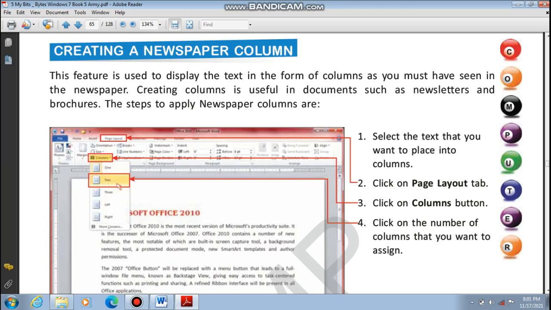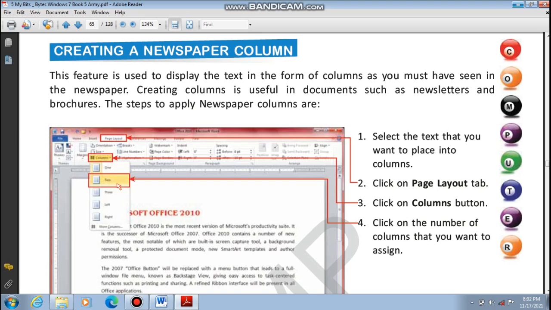Okay. So suppose you want to print a brochure about your new shop, आप किसी अपनी new shop के लिए new brochure या newspaper में ad देना चाहते हो, but you wanted it in your own way. So instead of going to a cafe or a cafeteria to get a brochure or a newspaper layout in your desired form, you can create it yourself by using this option, that is creating a newspaper column. So how can you create a newspaper column?